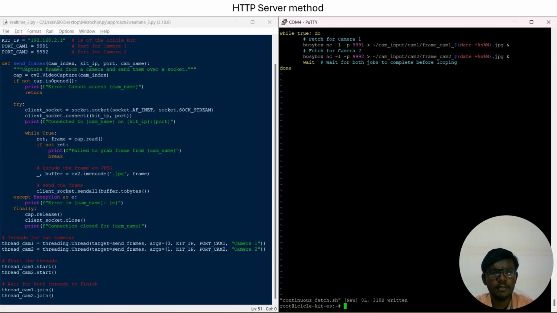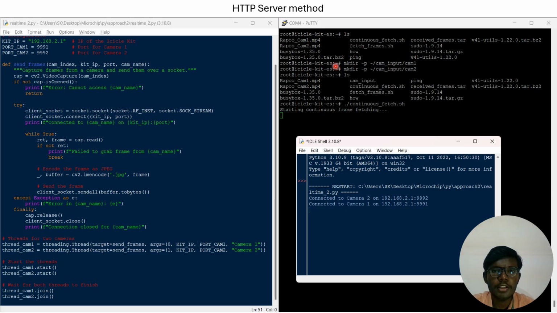And we can see here we wrote a separate bash script on the Icicle kit to receive the frames simultaneously and store them in two different folders. So this was a configuration. You can see here we got a fetch_frames.sh, the bash file, and two separate folders. So here in Python we can see the cameras are connected and the HTTP server is being hosted on 192.168.2.2,